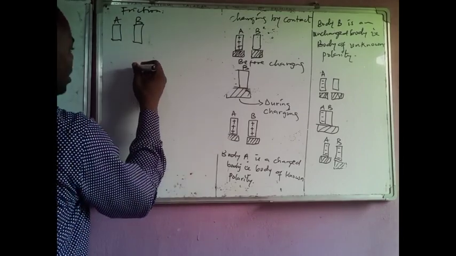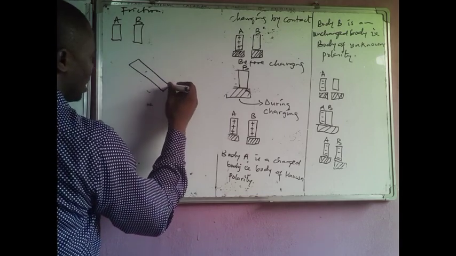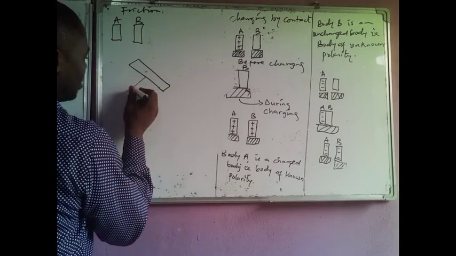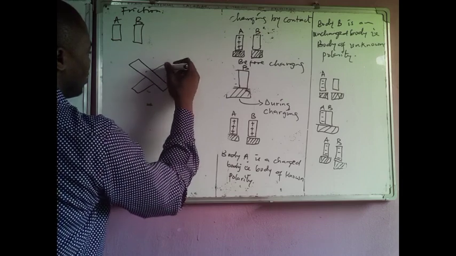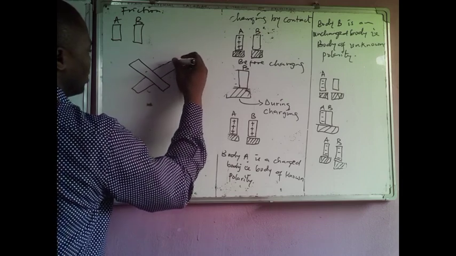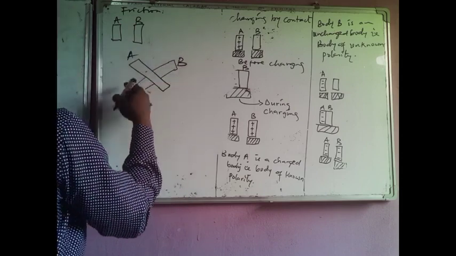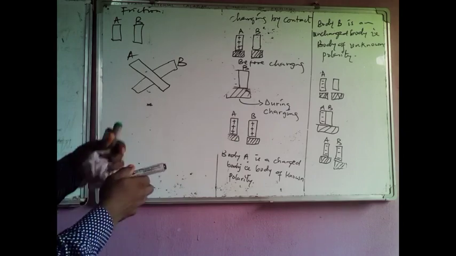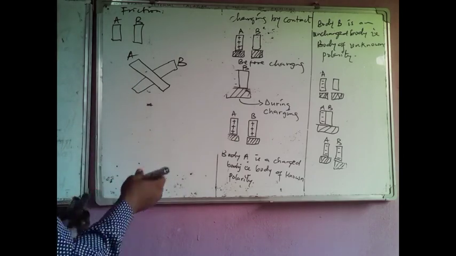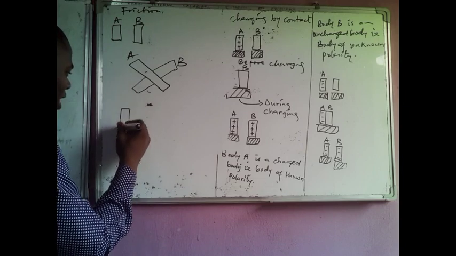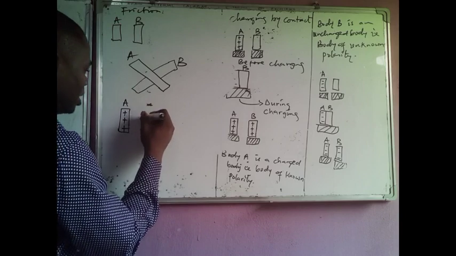So you see here, to show there is rubbing, you must rub the two bodies. I'm going to draw something like this to show that they are touching each other. So let's say this is body A and this is body B, whichever one. You show that you are rubbing them, they are touching each other. Then at the end of the rub, if body A acquired positive charge, body B